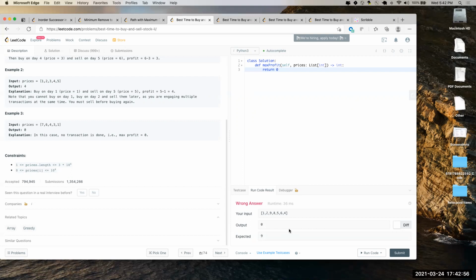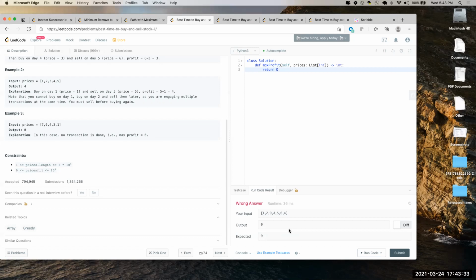You pick that day. That's your buy price. Then you just iterate from that point on to the end and find a value bigger than my buy price. And take a difference. Like for let's say in this example, 7, 1, 5, 3, 6, 4, right? Ignore 7. There is nothing bigger than 7. So let's take 1. So 1 is my buy price. I can take a difference between 5 and 1, 3 and 1, 6 and 1, and 4 and 1. The maximum profit I would get is 5.